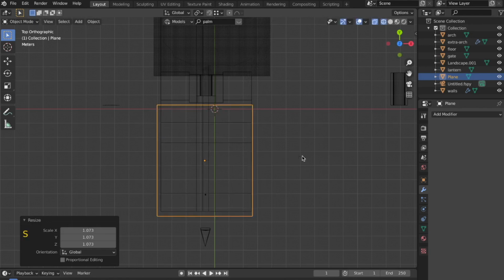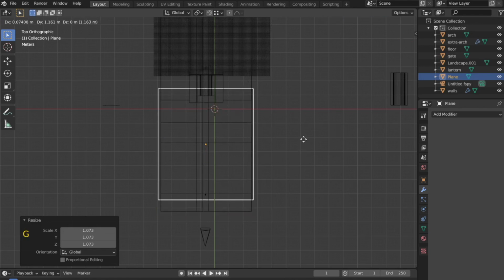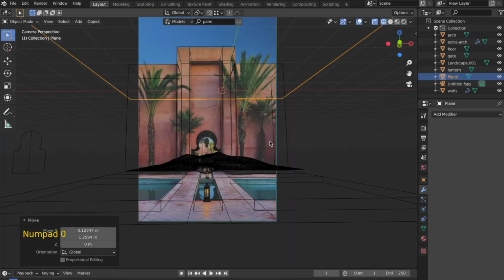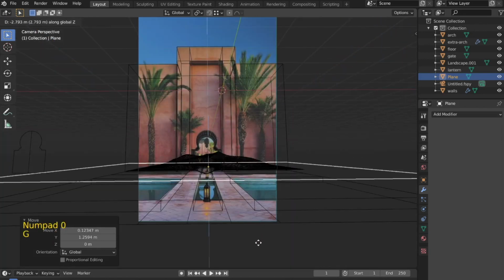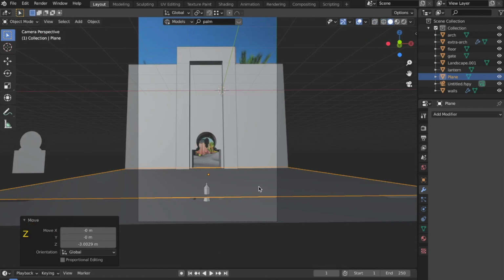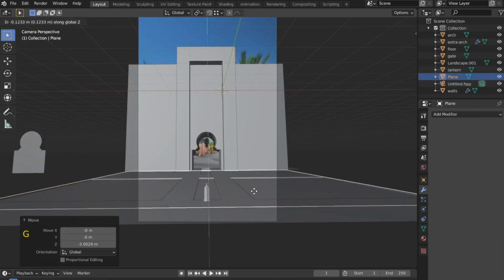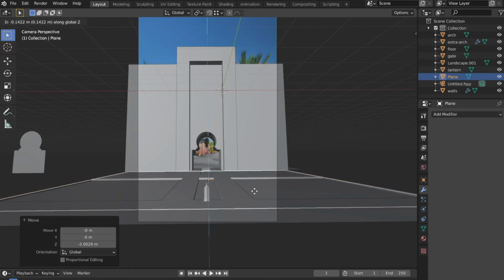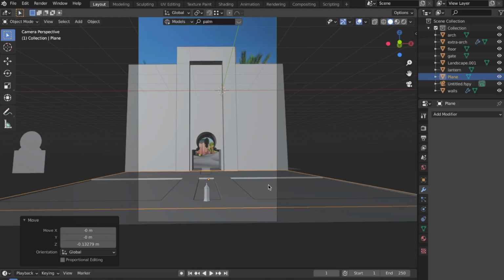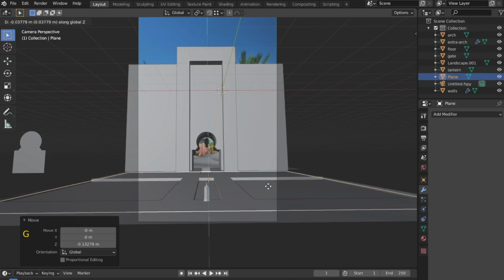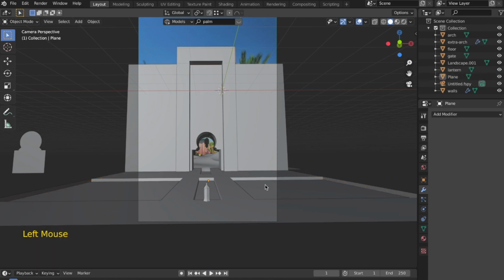You don't have to be too precise with this, because anyway most of it will be hidden beneath the surface. So right now it is not in the pool. So this way we can now choose the level over here. I want to choose a lower level, so I will make it somewhere over here. Yeah, we will be adding materials in the later part of this series, which is the next video.